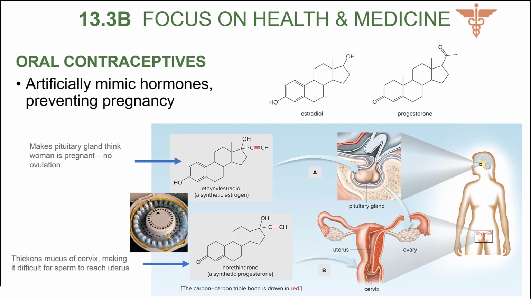So you can see that that one has an alkyne. Another alkyne is ethinyl estradiol. This makes the pituitary gland think the woman is pregnant, so they don't ovulate. So you can see the different methods for working there. So we have estradiol, which has the OH. That's a naturally occurring hormone, as well as progesterone. And so we take the functional groups and change them up a little bit, and it can have different effects